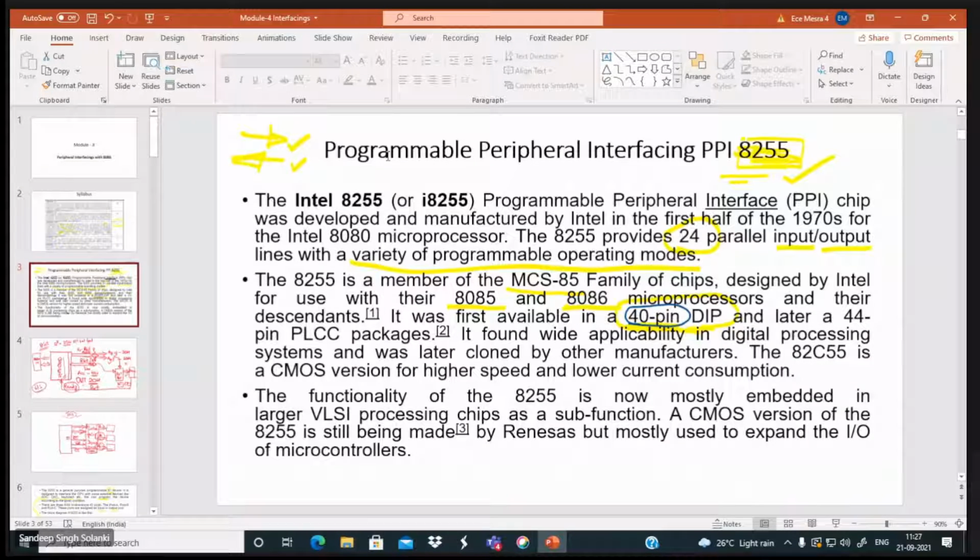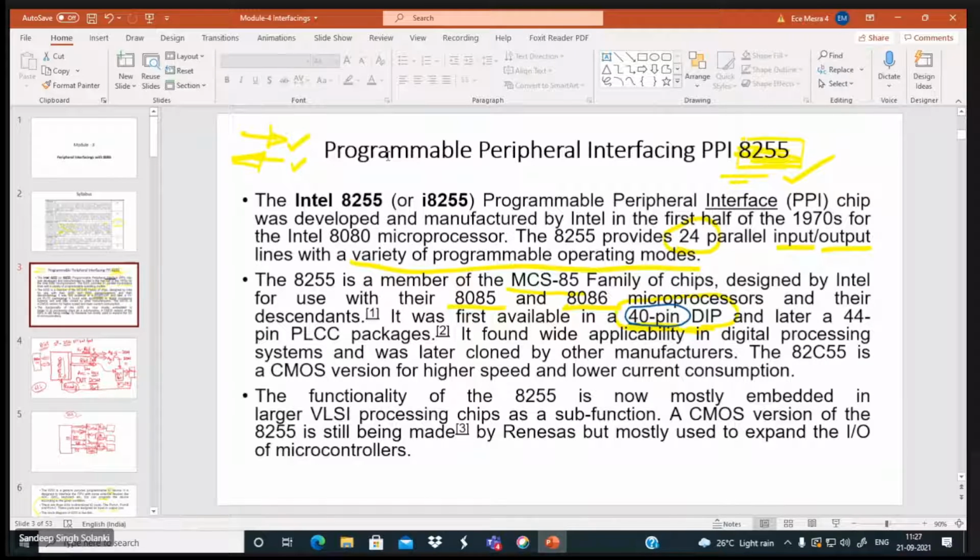When you receive an application, you have to analyze it, and based on your analysis you think about what kind of programming is required for the 8255, or whether the 8255 is required in your application or not.